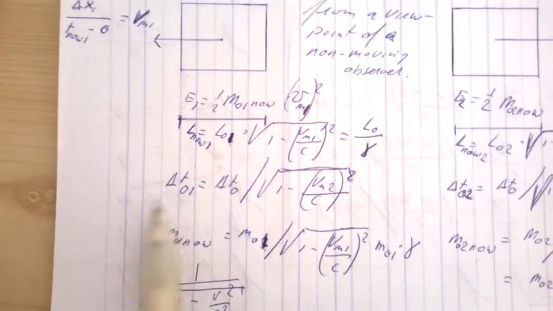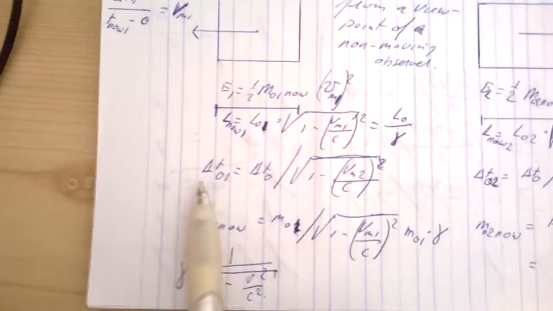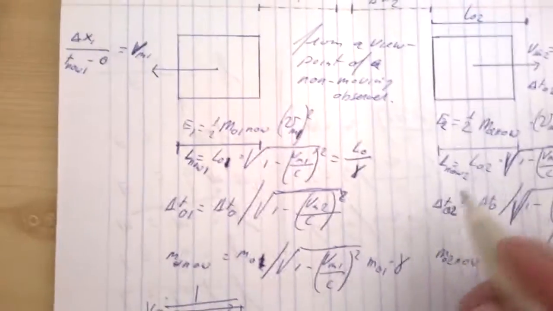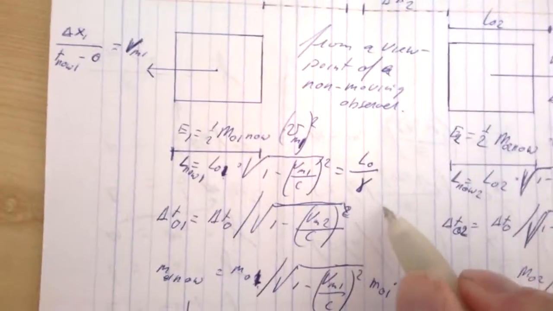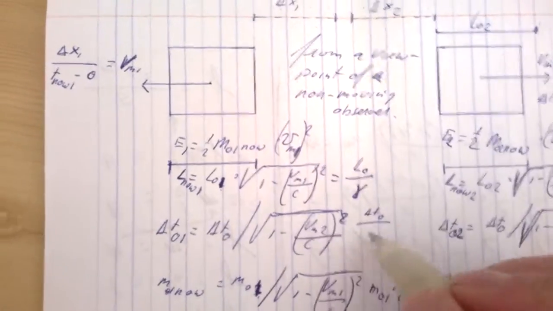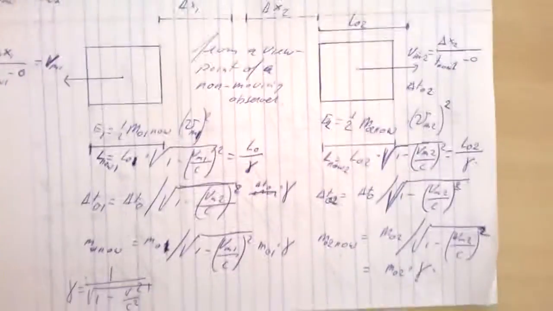A similar thing happens for the delta t. So the time passing is elongated, also by the gamma factor. So delta t0 times the gamma factor. Now, this is all known, this is all factual, and this is what Einstein and